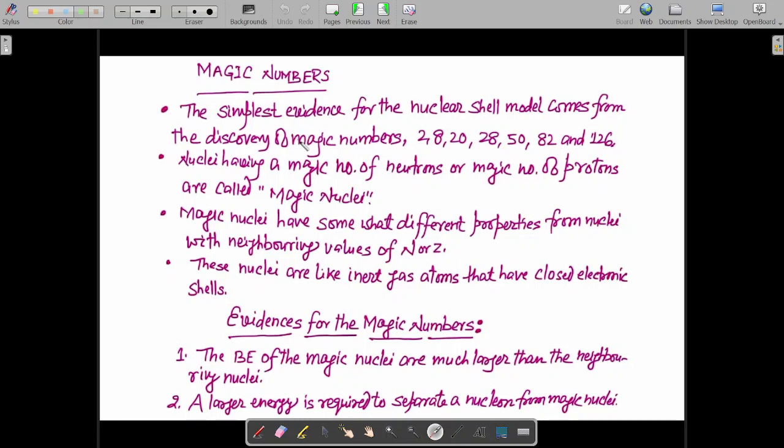So we will look for some other evidences so that our theory is proved correct. The simplest evidence for the nuclear shell model comes from the discovery of magic numbers. Now, whenever any nucleus has two nucleons, two protons or neutrons, let me tell you that these magic numbers